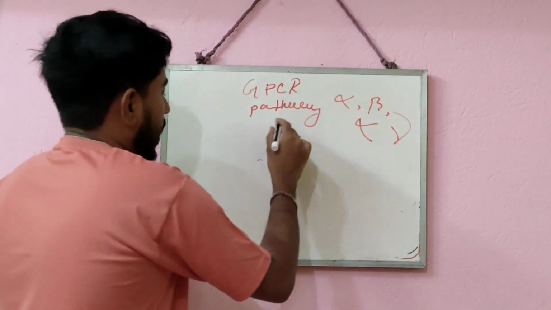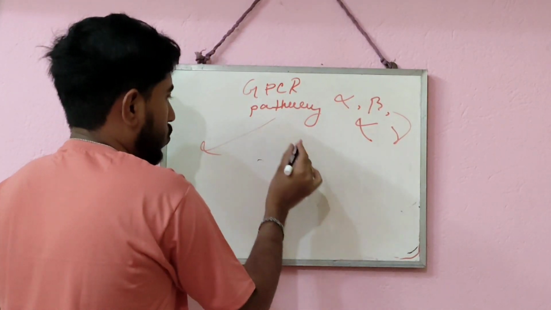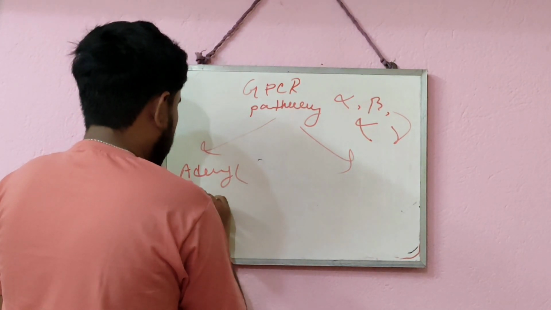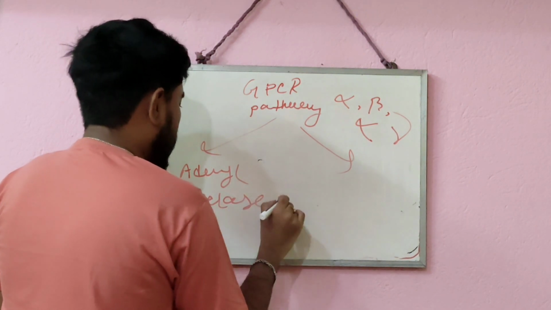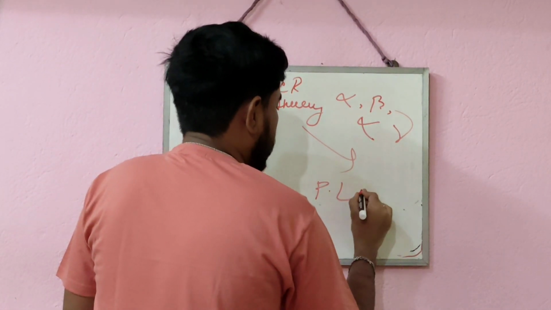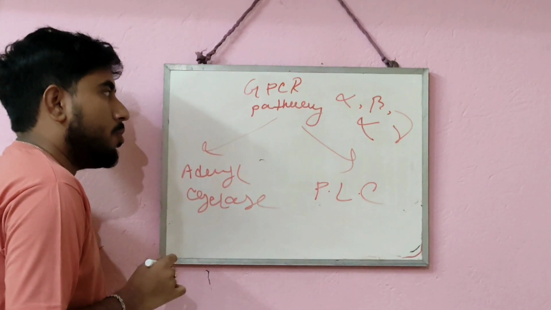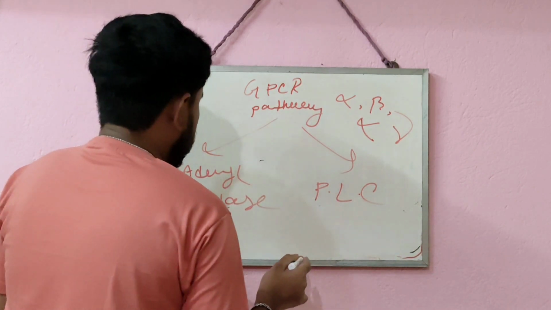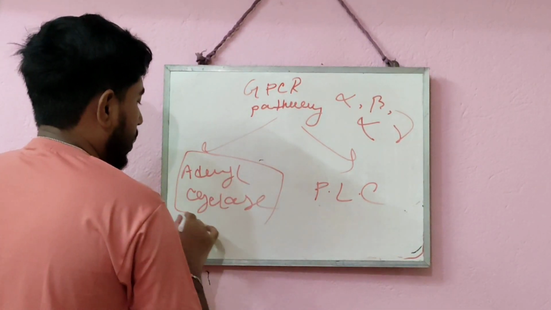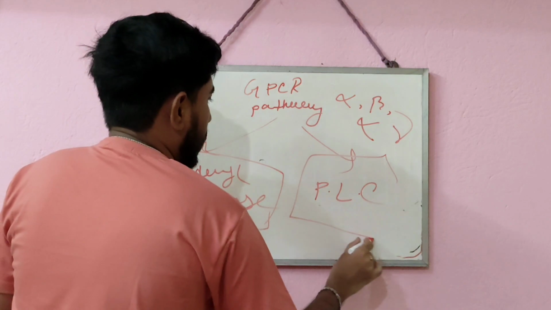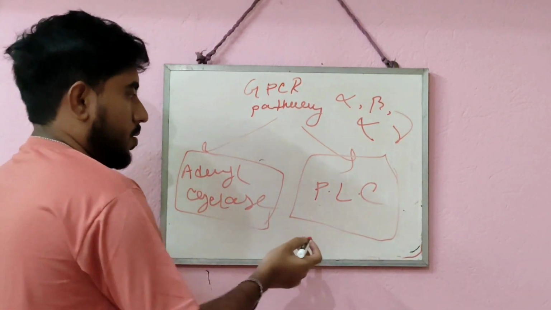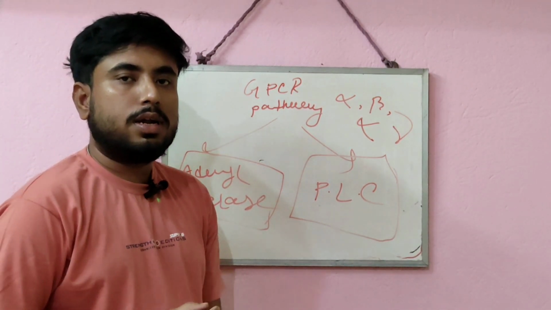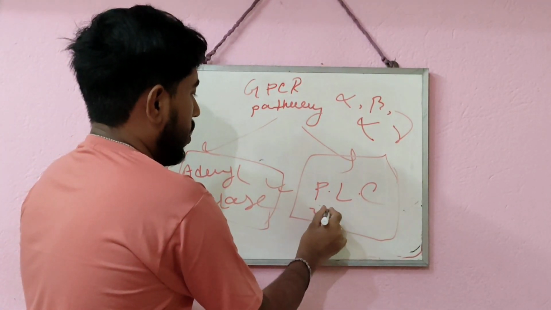The GPCR pathway can be differentiated into two parts: the adenyl cyclase pathway, and the second one is the phospholipase C pathway. These two pathways you have to remember in the GPCR pathway. So the GPCR pathway can be classified into two parts: one is the adenyl cyclase pathway, the second is the phospholipase C pathway. Before going to the pathways, you have to remember the different proteins that help in both pathways. They are